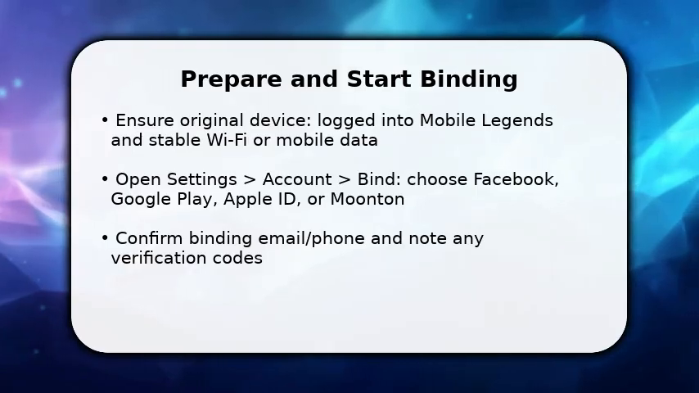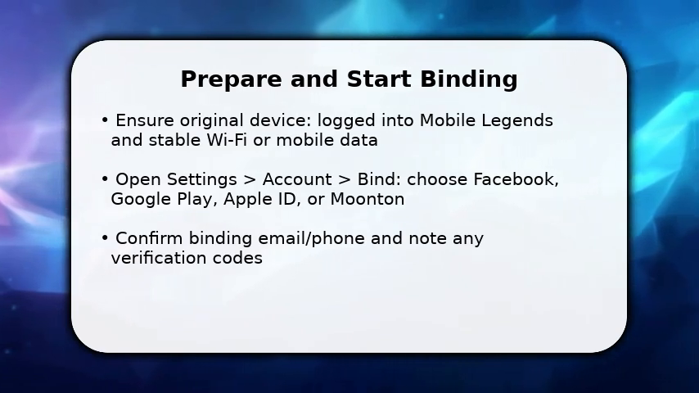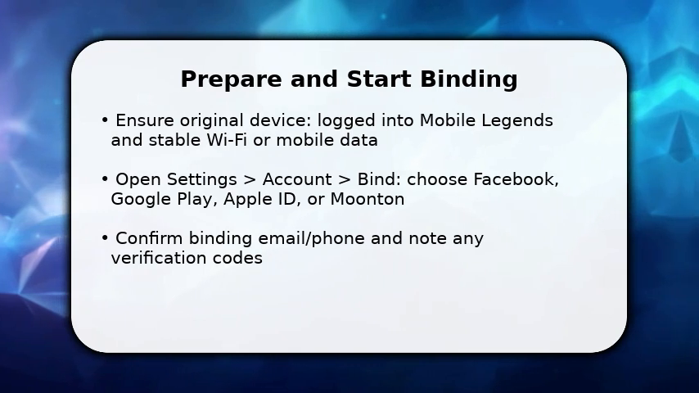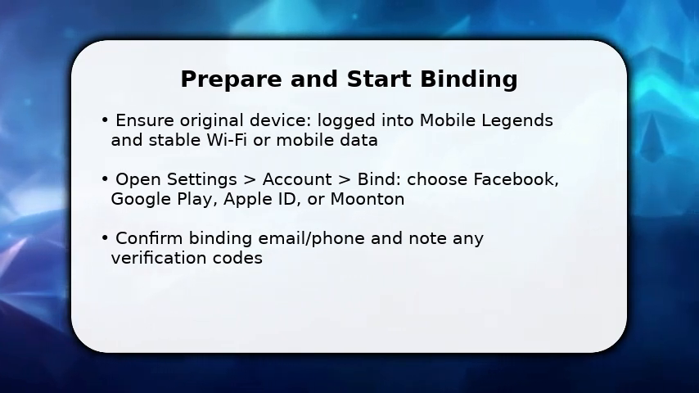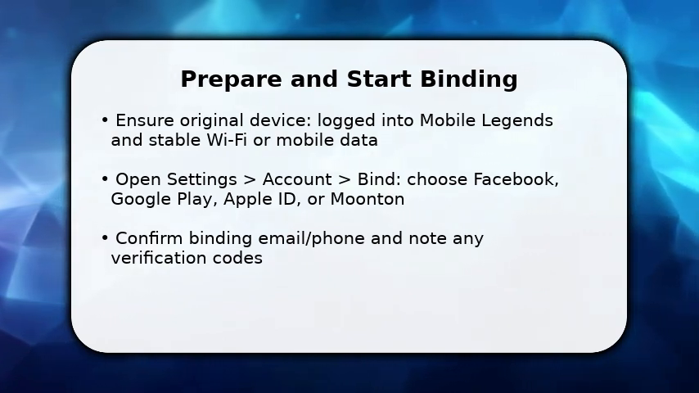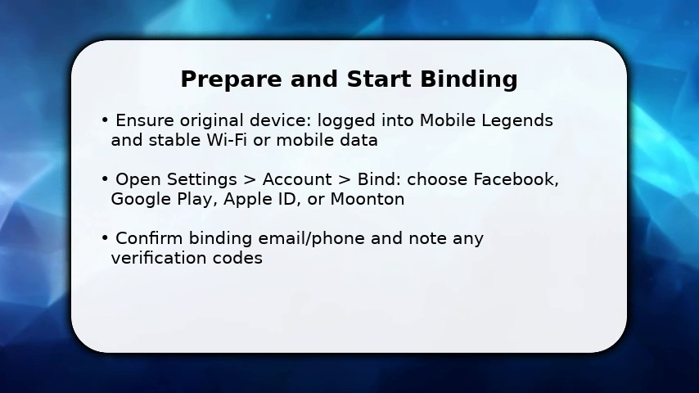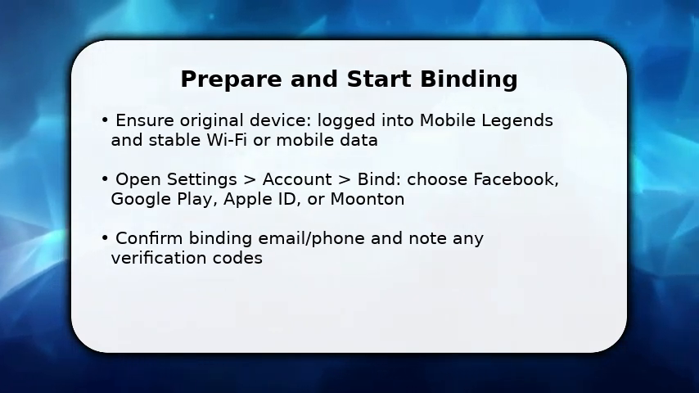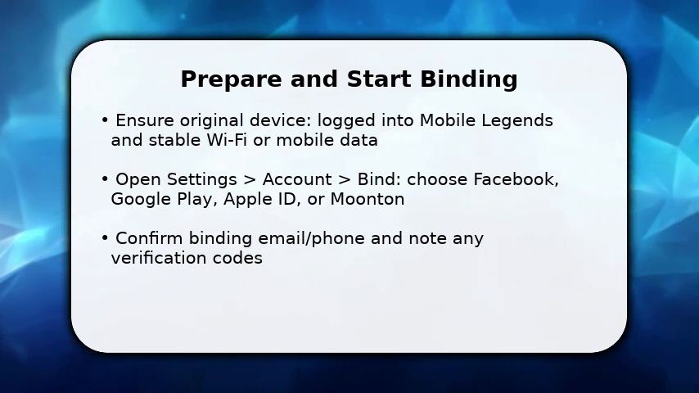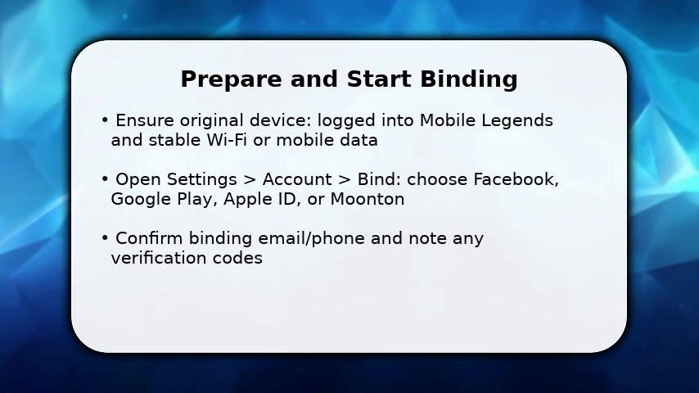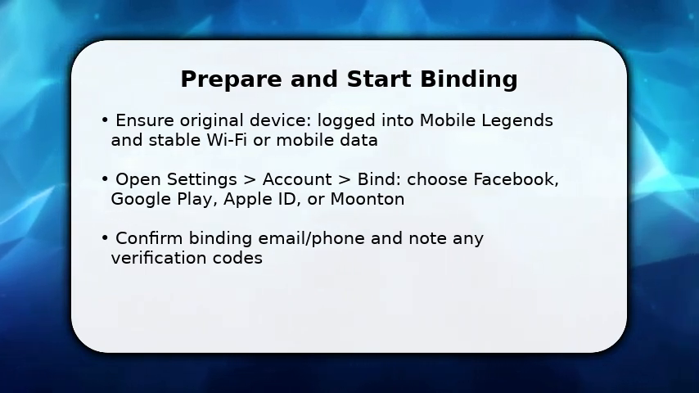You start by binding your current Mobile Legends account so the game can be moved. Open Settings, tap Account, and choose a binding method: Facebook, Google Play, Apple ID, or Moonton. Complete any verification prompts and confirm email or phone. This creates an account link the new device can use. Once done, make sure the binding shows as active on your account. If the game prompts to link multiple services, link at least one reliable option so you can sign in later